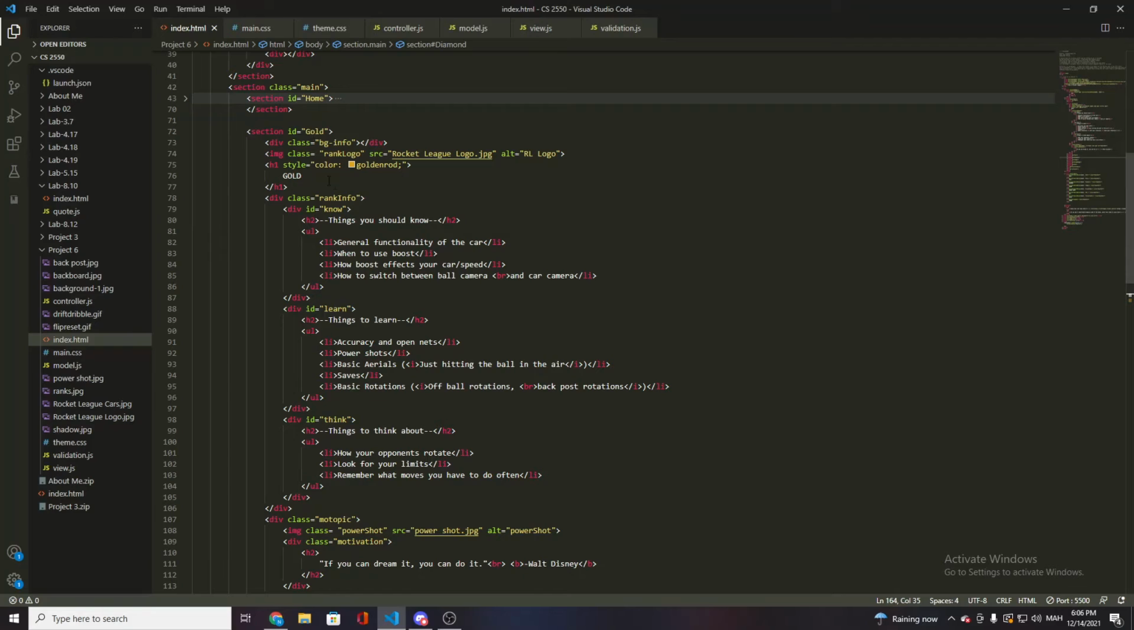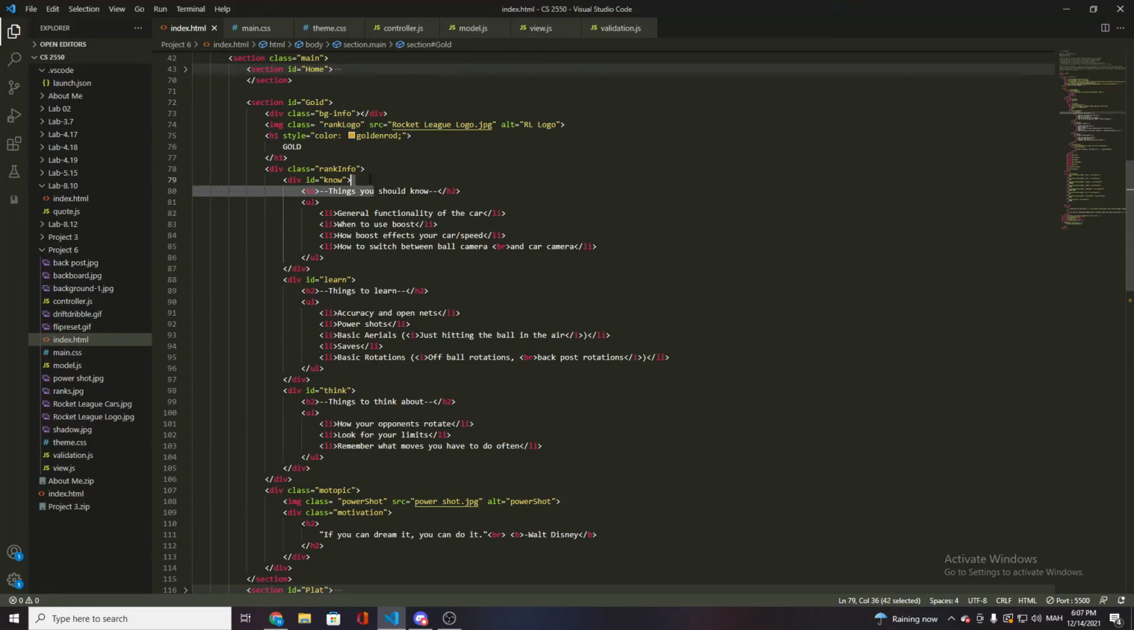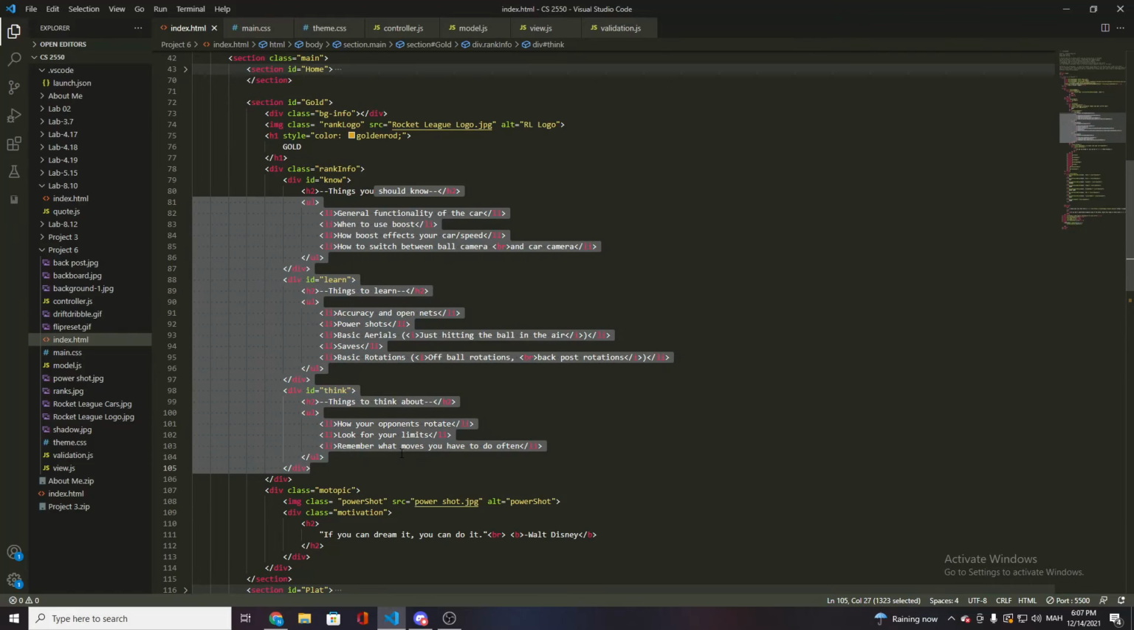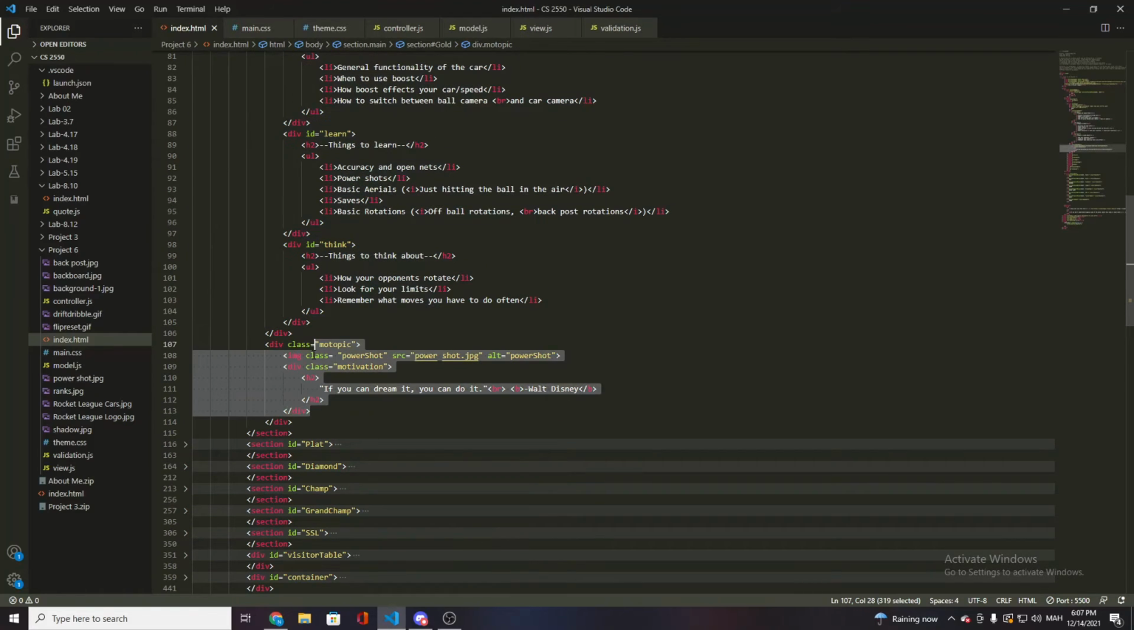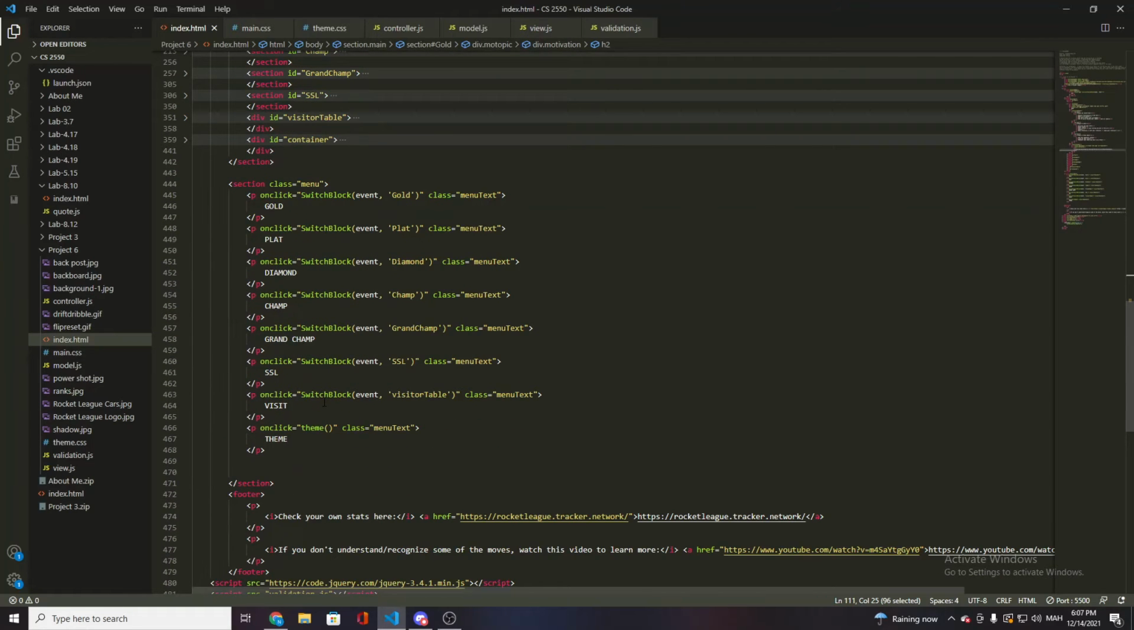And then within each section, we have logos. We've got the rank info, the three different sections that I showed you, and also our picture that's in the bottom, and a quote. So then here's our menu. So on each one, we're calling